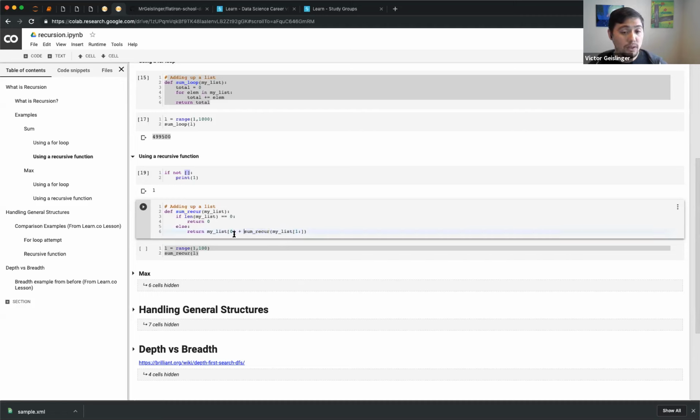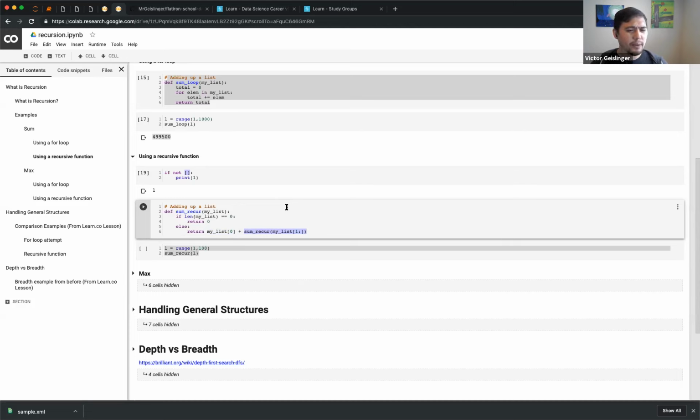Okay. And so you can actually start making this a lot more complicated, like you can add multiple parts to the list. Basically, as we have more parts, it gets the very first one and adds it to whatever the sum is of the rest of the list. And basically it can keep calling itself because at the end, it'll either have an empty list or essentially just one element in the list. And then if we have more than one element in the list, it'll do that first element plus whatever's left in the list. So this is kind of the basis of recursion. And to be honest, it can be a little mind-bending.